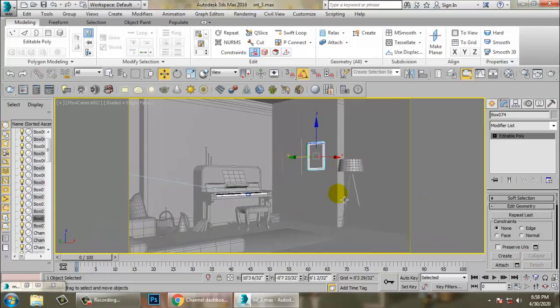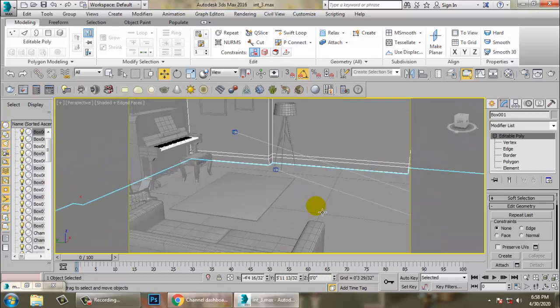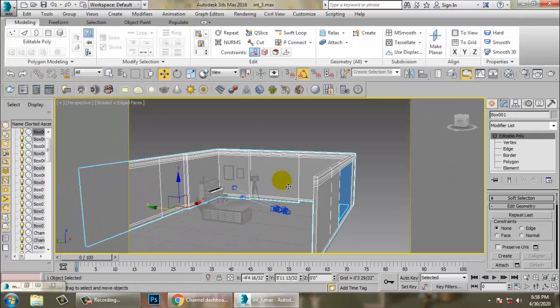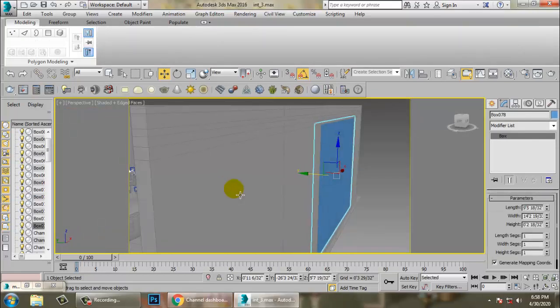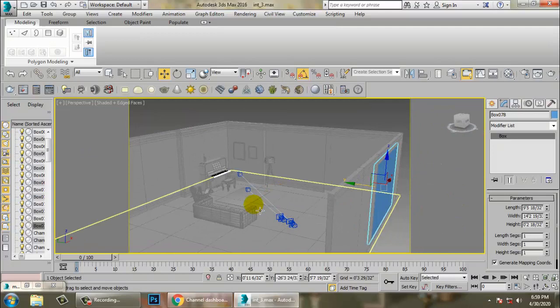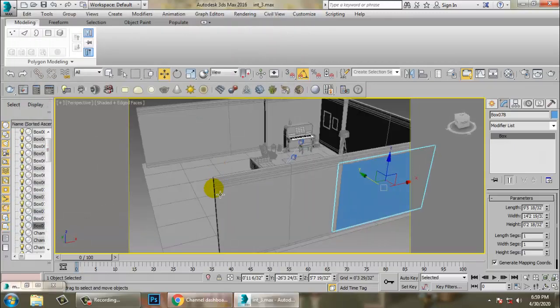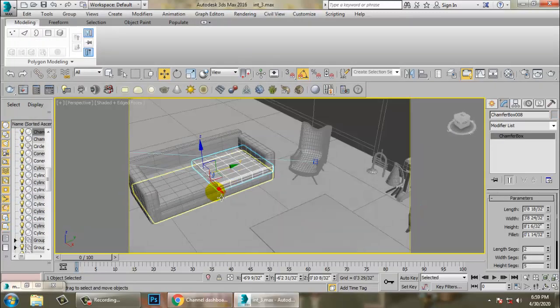So let's go with the further stuff which is required. I just created a small kind of a window over here. We'll be creating a window over here. Just extended the wall. So let's first create the rest of the left out part. That is, first we are going to create a pillow over here.